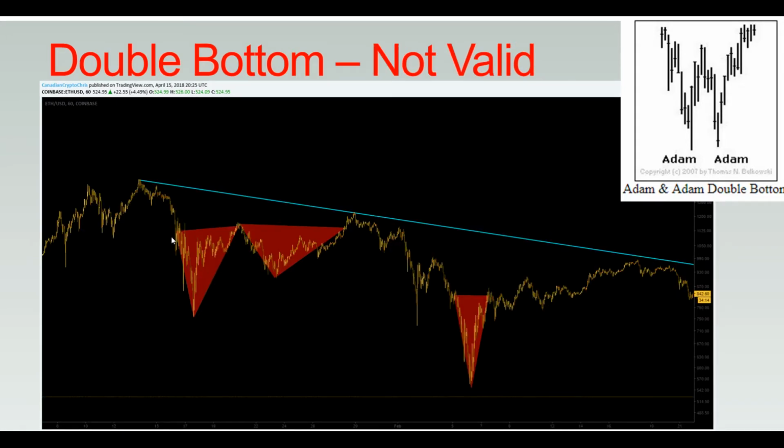Not a valid double bottom. Some people might always be looking for double bottoms. They need to be really sharp and usually consistent. This would be more an Adam and Eve, but you can see how well or how not well this plays in a triangle, right? It needs to be closer to these lines, or more kind of perfect. The less perfect it is, then it's not really that true, right? So yeah, your double bottoms kind of want to be similar, somewhat. And then this, of course, is just a single bottom, which isn't a double bottom, right? So